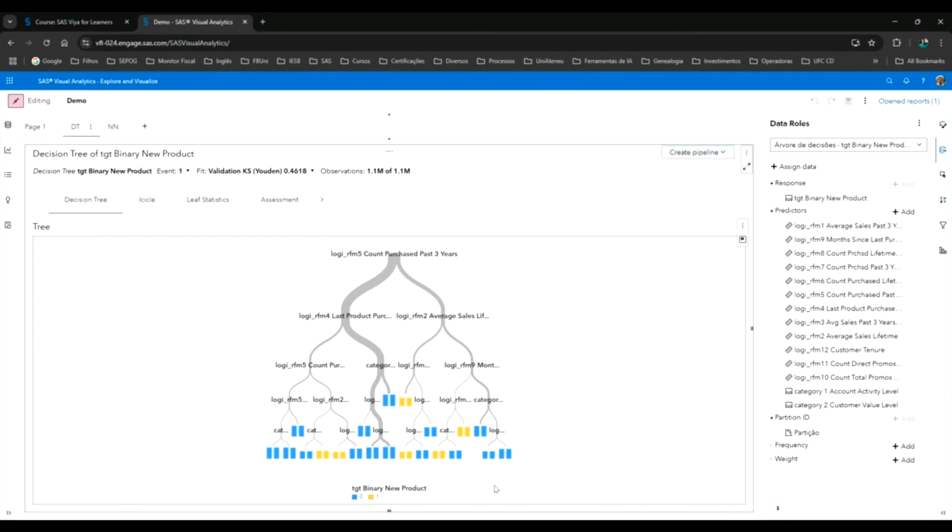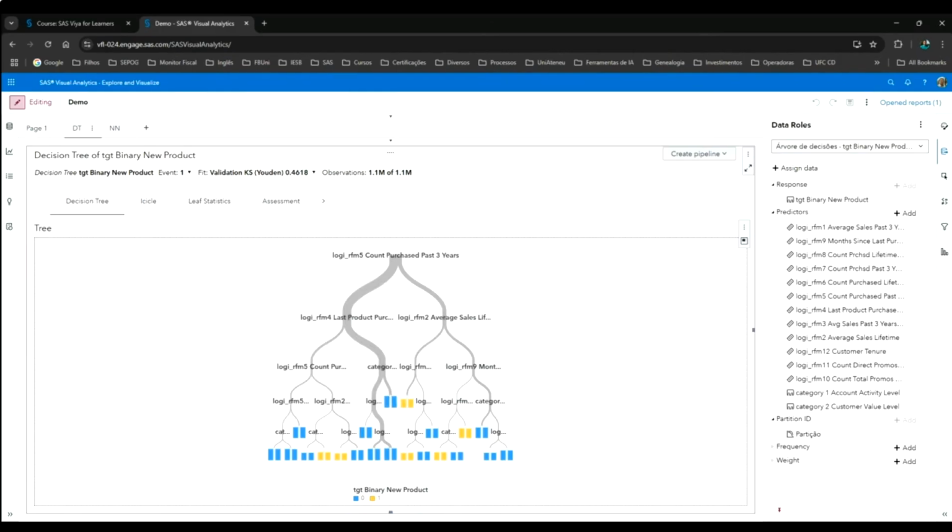And this is a decision tree. A decision tree is a very good model if I want to explain what is happening.